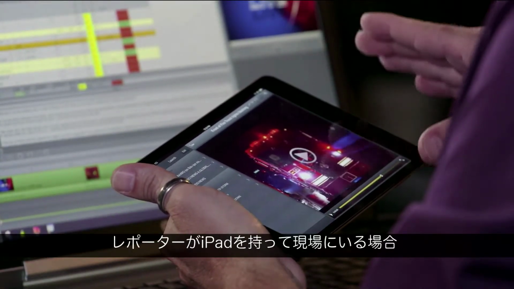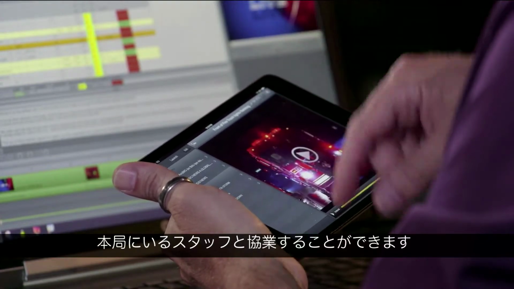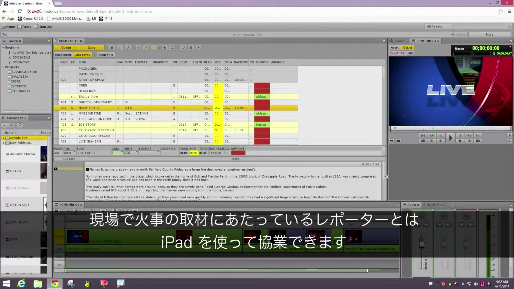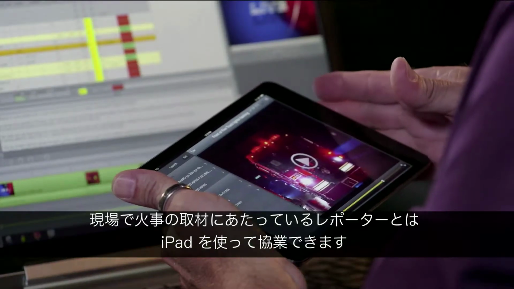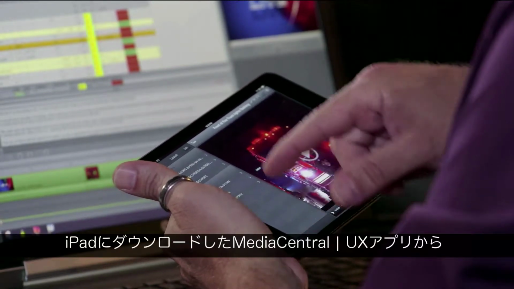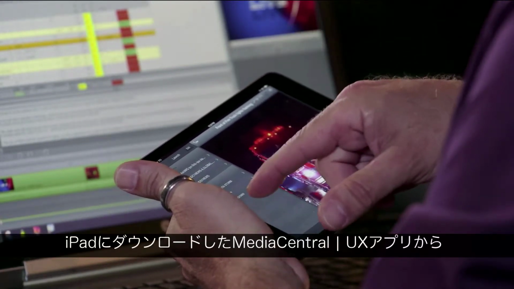Now again, the reporter could be out in the field with their iPad, and they're going to be able to have access and collaborate with me back at the station. Now, what I have on my laptop is MediaCentral UX, and let's say I'm back at the station, and I want to be connected to the reporter who is still out in the field working on the fire story, and they have their iPad. So I have access with the MediaCentral UX app that I've downloaded to the iPad,